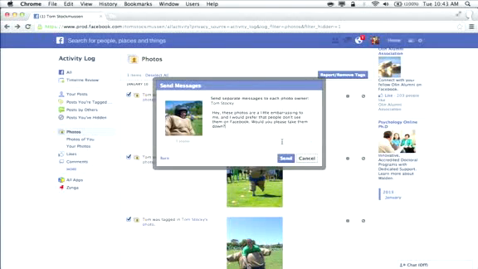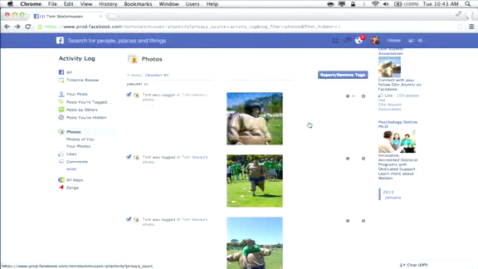All right, and so now what it's showing me is a message that it's sending to the person who uploaded these photos, and it's saying, hey, I'm a little embarrassed by these. It would be great if you could take them down. And when I click send, 2 things happen. One is it untags me from those photos, and the second thing is it sends that person a message and says, hey, would you please take these down? So this is just a touch of some of the privacy tools we have. And with that, we'll hand it back to Mark.